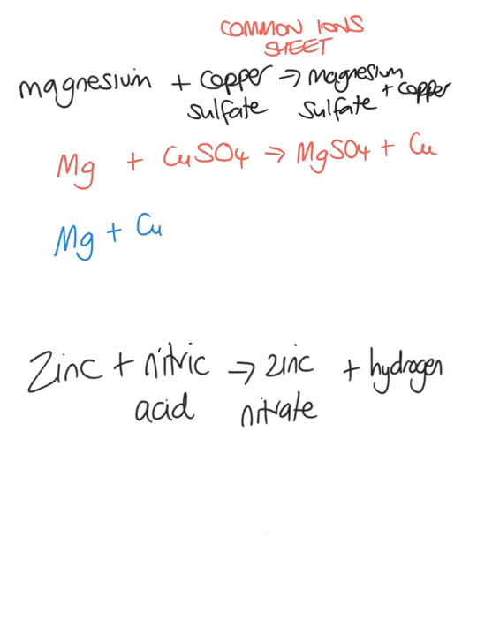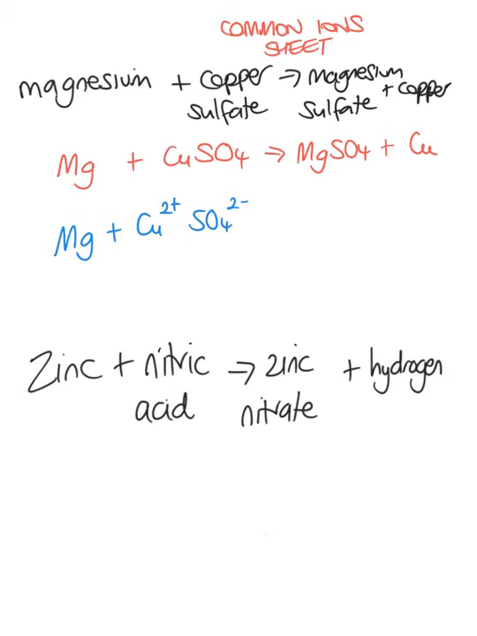and this is why you need your common ion sheet. Now, copper sulfate exists as Cu2+ and SO4 2-. Now, copper can exist as different types of ions. In this example, we're only concerned with it being a copper 2+ ion,